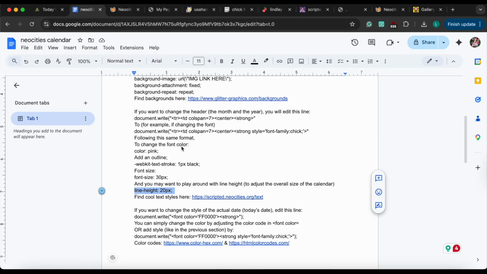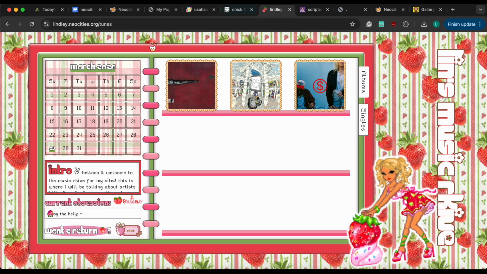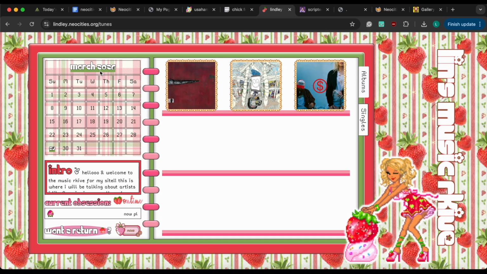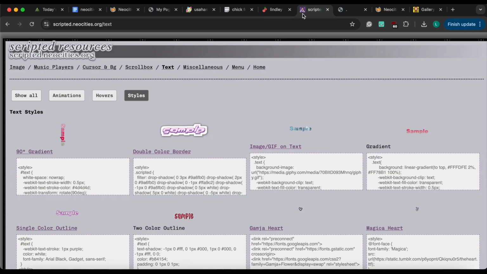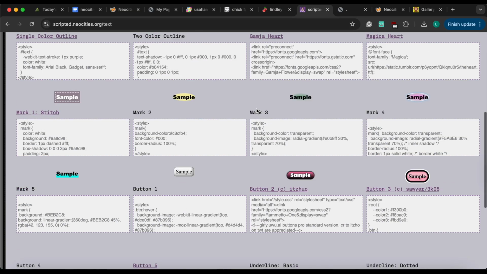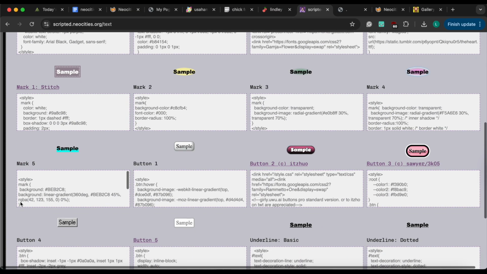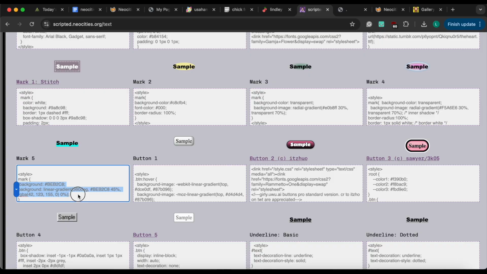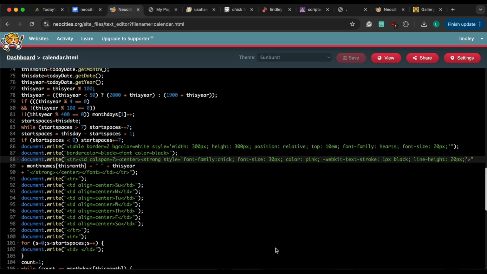And then I also linked a resource where you can find lots of text styles. You can see in my card, I kind of have this underline looking thing, which I found on this amazing resource. It's literally this one here. So I literally just copied the code and then I changed the color, but I'll show you guys how that would look. If you were to just copy the code, you would just,